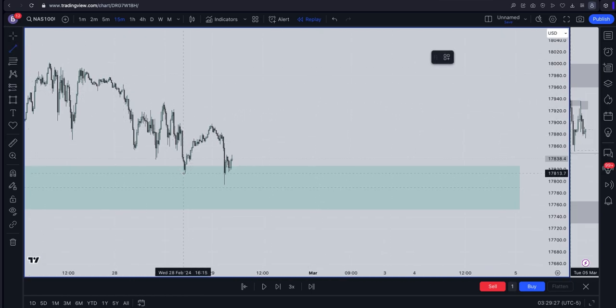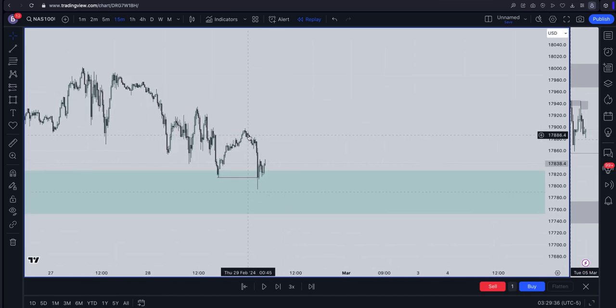Okay, price just swept this. So you can actually catch two entries here. For those in my group who remember the day that I took this trade, maybe you can use this as your breakdown of the trade that I took that day. I think that was last week, February 29th. Remember catching the first entry.